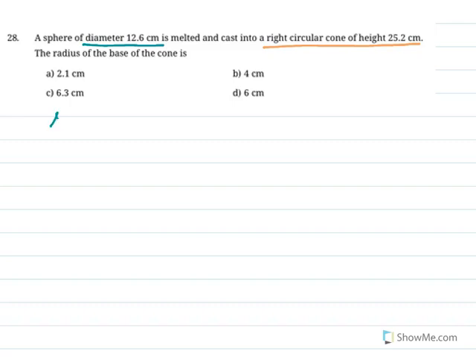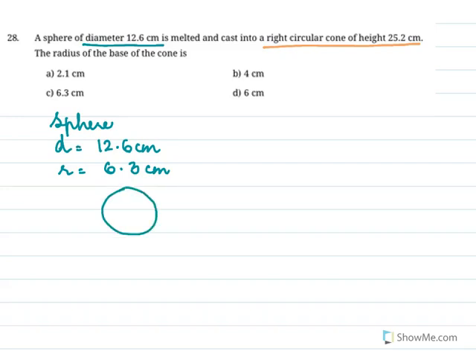So here we have the sphere, and the diameter is given as 12.6 centimeter, which means the radius is 6.3 centimeter. Now this entire sphere is melted to form a cone. So for the cone, you have the height equal to 25.2 centimeter, and the radius we do not know,